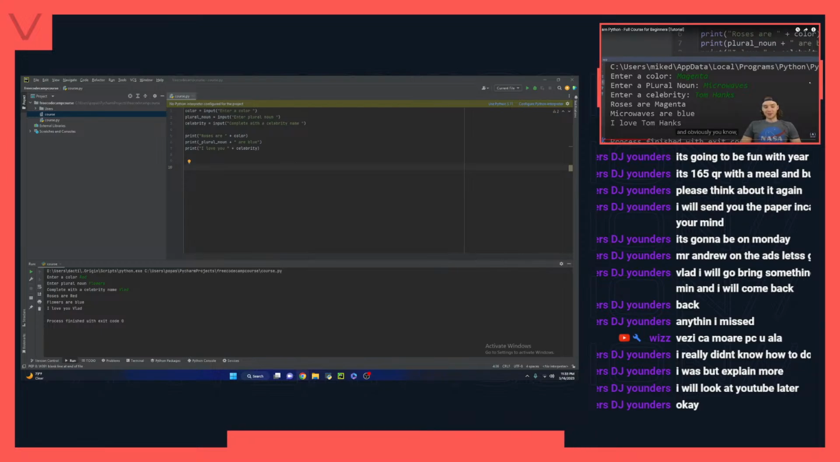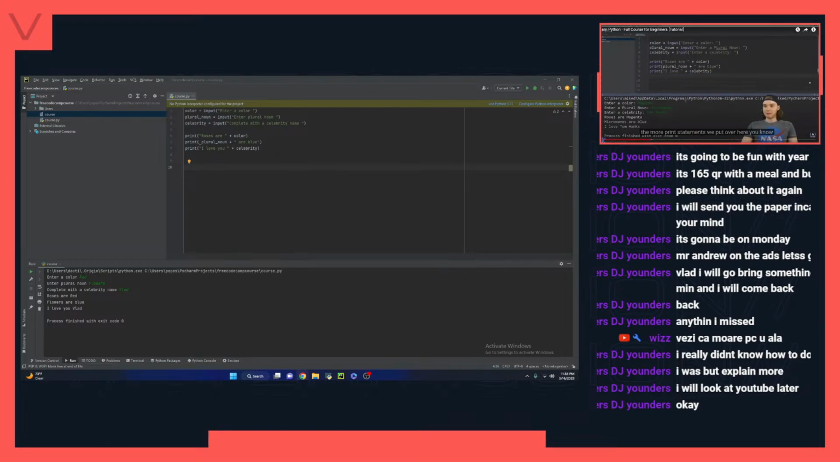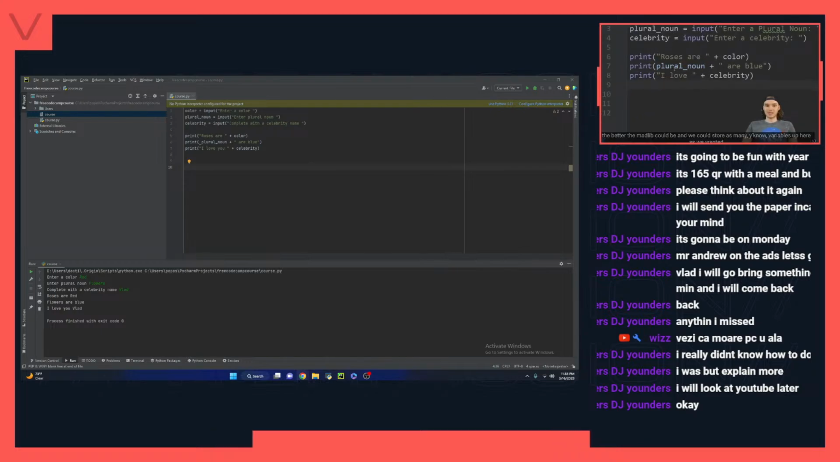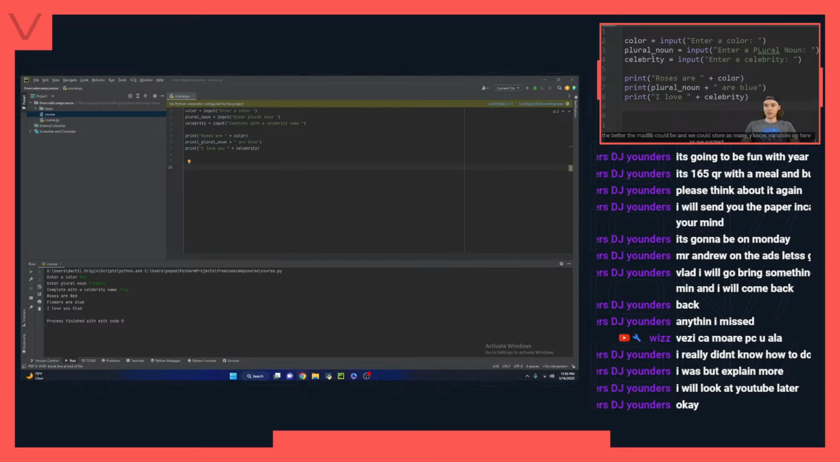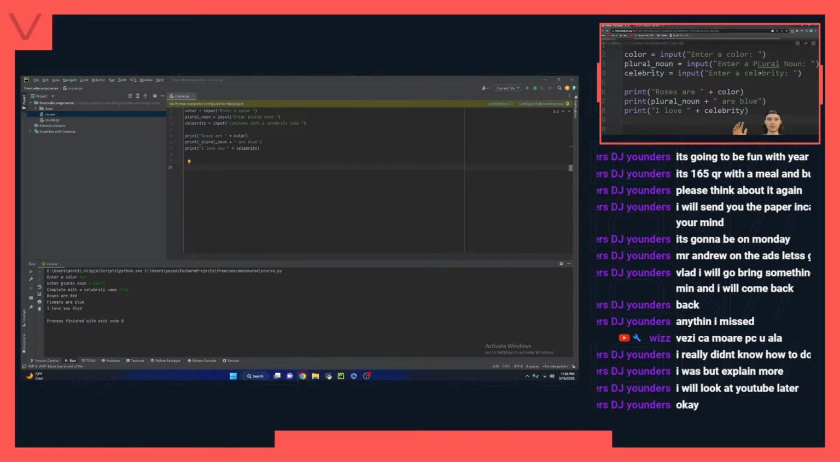And obviously, the more print statements we put over here, the better the Madlib could be. And we could store as many variables up here as we wanted. This was just a very simple Madlib. We only took in 3 inputs, but you could see how you could take something like this